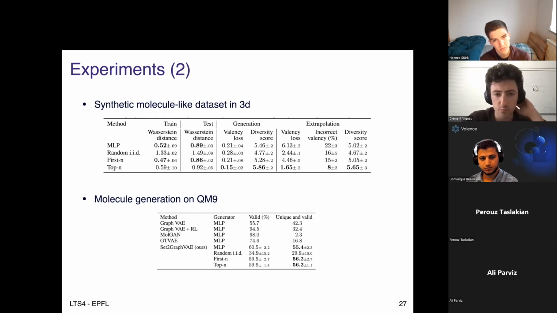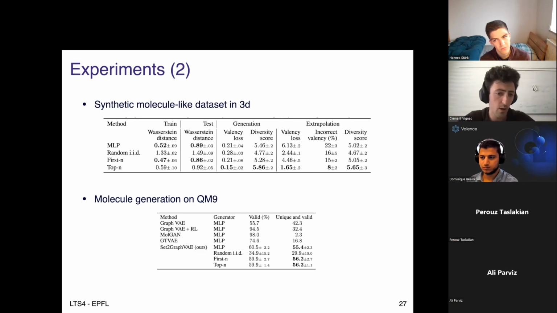I built a dataset which I found slightly more interesting. The idea is to have a synthetic dataset because evaluating a generative model is always hard in general. But if you have a synthetic dataset and you know the generation process, then you can measure generation quality more easily because you know what you generated. So I built a dataset of points in 3D that look a bit like molecules, where atoms are not too far apart,